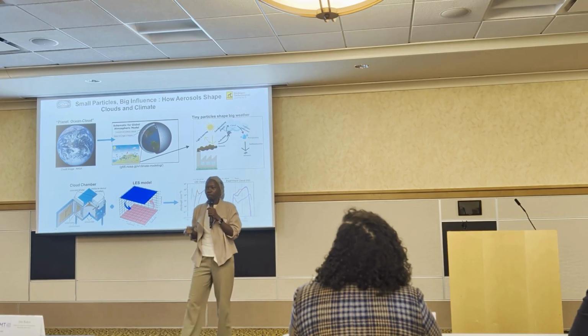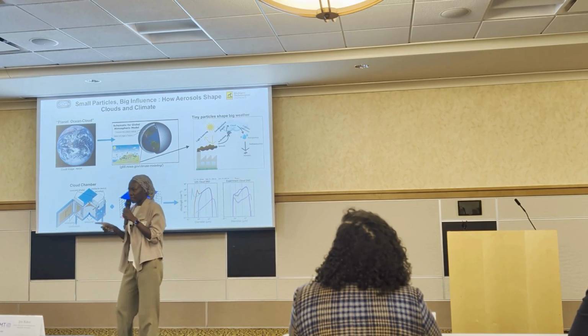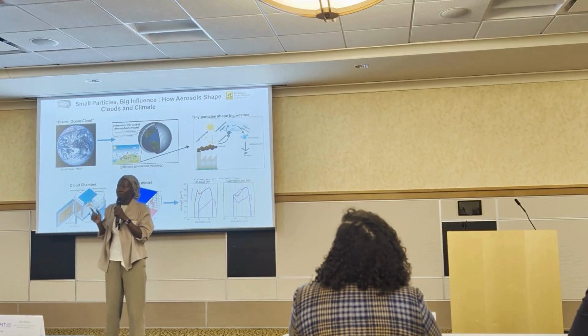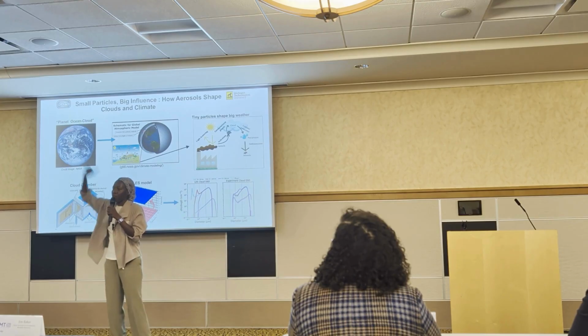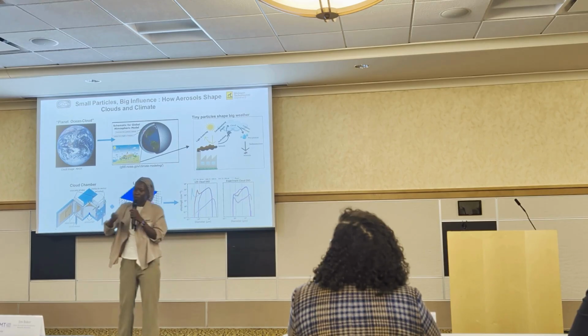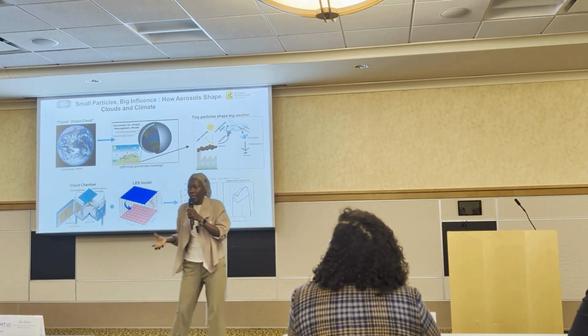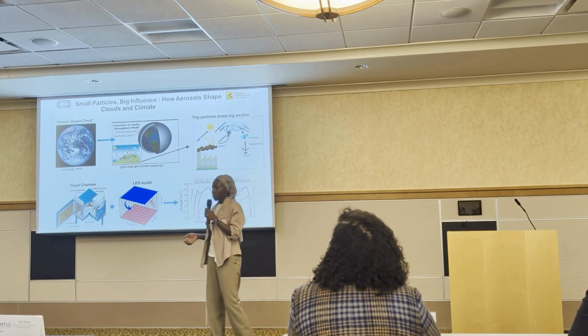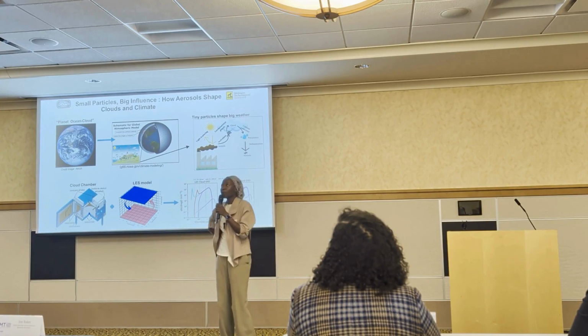Imagine the Earth planet covered with cloud as a blanket. From the outside, they act like a shield, reflecting the sunlight back to space and cooling our planet. From the inside, they become rain, feeding the life below. But wait, have you ever looked up at the clouds and wondered, why does it rain some days but not others?